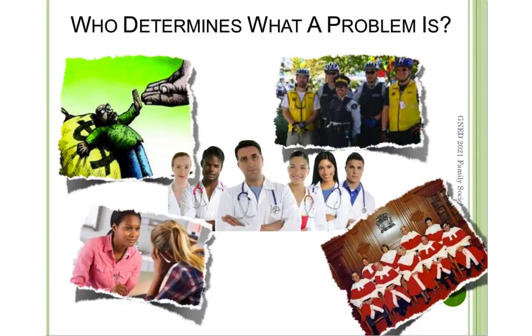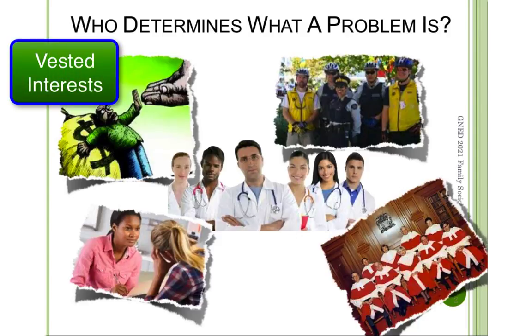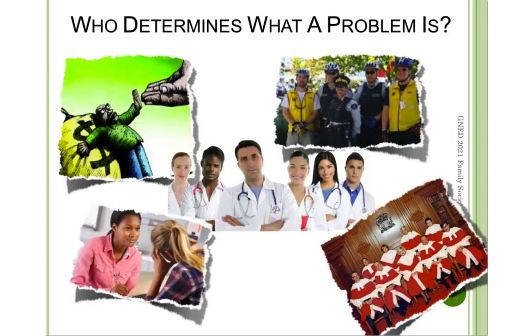All right, well, the first thing we need to determine is, who determines what is a problem? Does the family decide I have a problem, therefore it's a big problem, or do we have people who are involved in that process? While the public decides what a problem is, this is subject to change over time. Some individuals are not felt to deserve as much protection as others. The main groups that make up the public often have competing interests, with the most powerful groups having vested interests, since they have a stake in keeping society as it is.